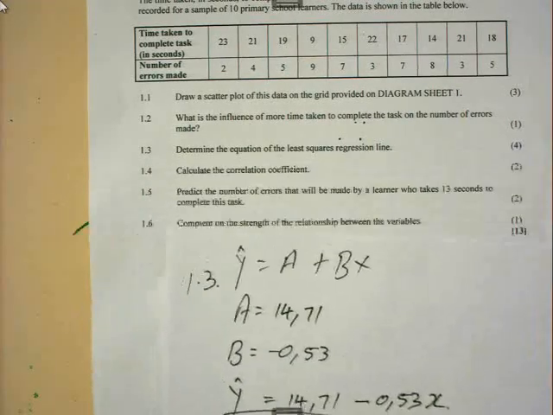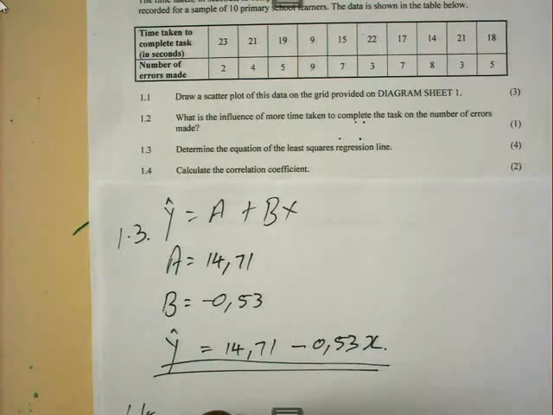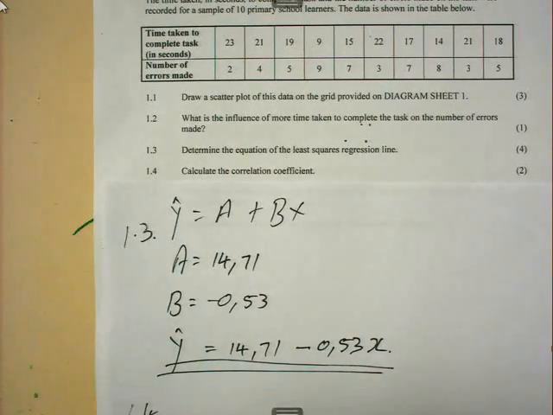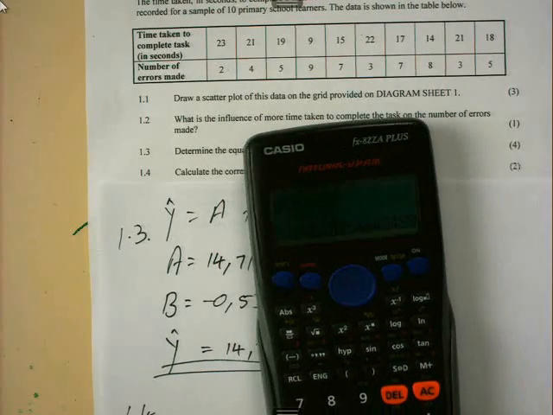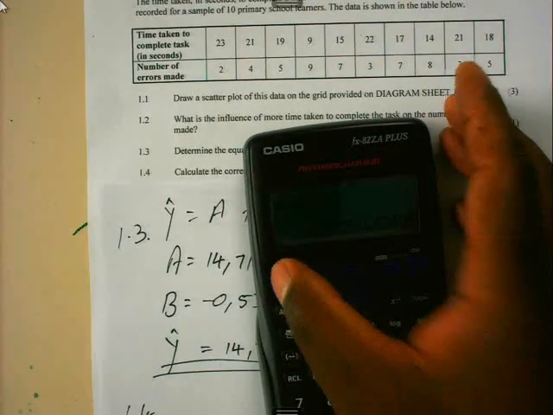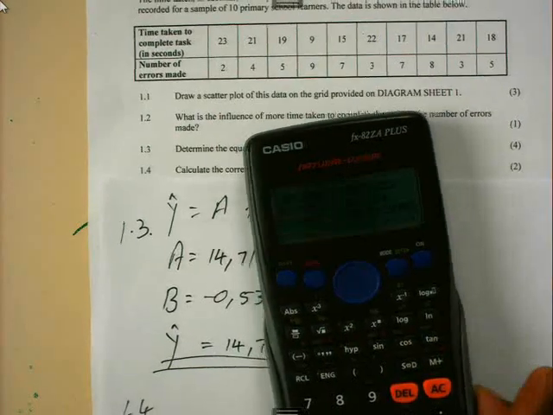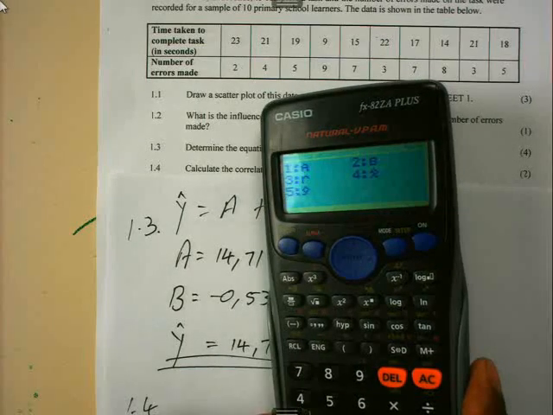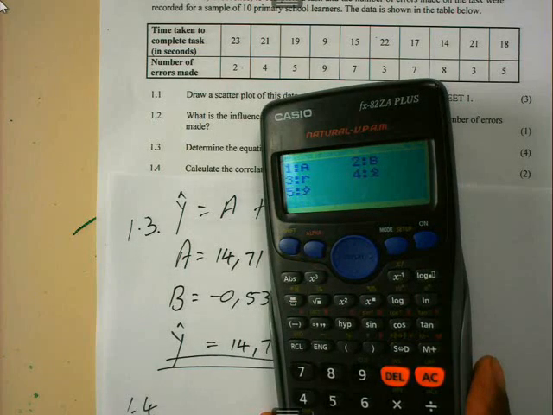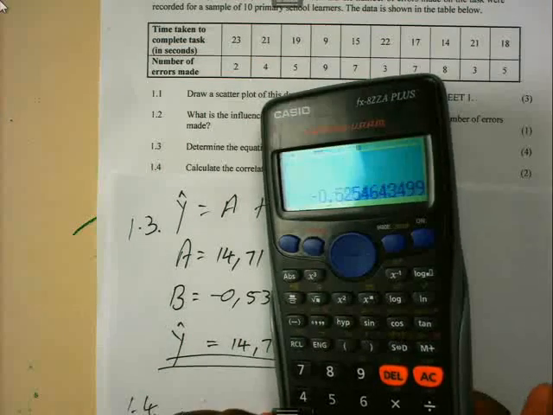Just about to finish. Time is up. The next question, 1.4, states, calculate the correlation coefficient. Remember, you still have the data in your information. For the correlation coefficient, all you have to do is Shift 1. Let's go to regression line. You've got those options. Regression line is still number 5. And then correlation coefficient, which is R. R in this case is number 3, which is equals to